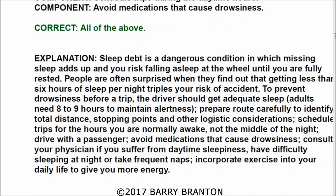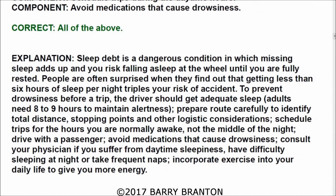Now we have an explanation. Let's go over that. Sleep debt is a dangerous condition in which missing sleep adds up, and you risk falling asleep at the wheel until you are fully rested. People are often surprised when they find out that getting less than 6 hours of sleep per night triples your risk of accident. To prevent drowsiness before a trip, the